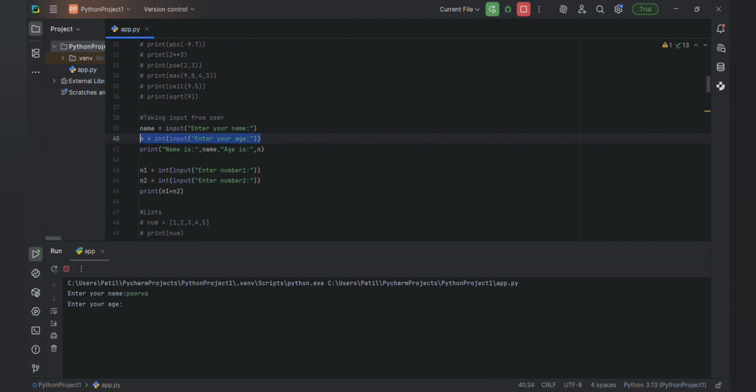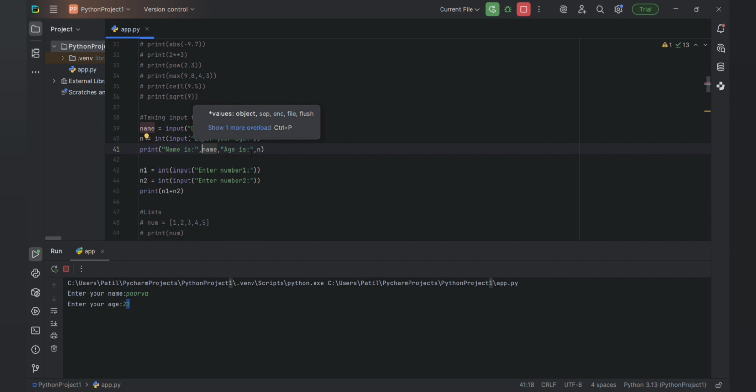Next is n is equal to int of this. Age means 21, so 21 is stored in n. Let me print this. Print name is, name. If you want to print, you have to give the comma, or else it will give an error. You compulsorily have to give the comma, name, comma, if you want to print the age in the same line.